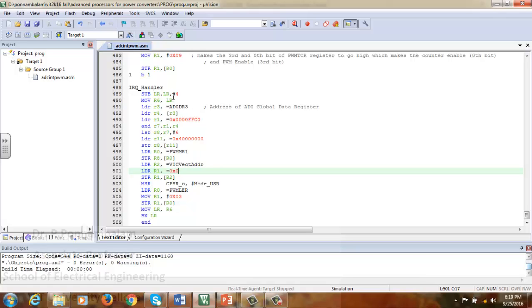SUB LR, #4, this is for maintaining the offset. Then MOV R6, LR, so I am storing the content of the link register. Then LDR R3, =AD0DR3. Since I am using channel 3, I am using AD0DR3. So I am reading the content of AD0DR3 into R4. Then I am putting a value of